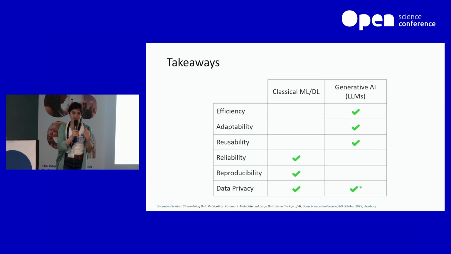So to summarize, the different issues that we have already been talking about today, such as efficiency, adaptability, reusability, reliability, reproducibility, and data privacy, can be summed up, in our experiments at least, in such a way that this is not really a black and white situation. There are some pros to the use of more traditional AI methods as opposed to generative AI, and this is still a place for discussion. However, assistance from these AI tools could help us a lot, I think, moving forward. And with that, I give it to Felix.